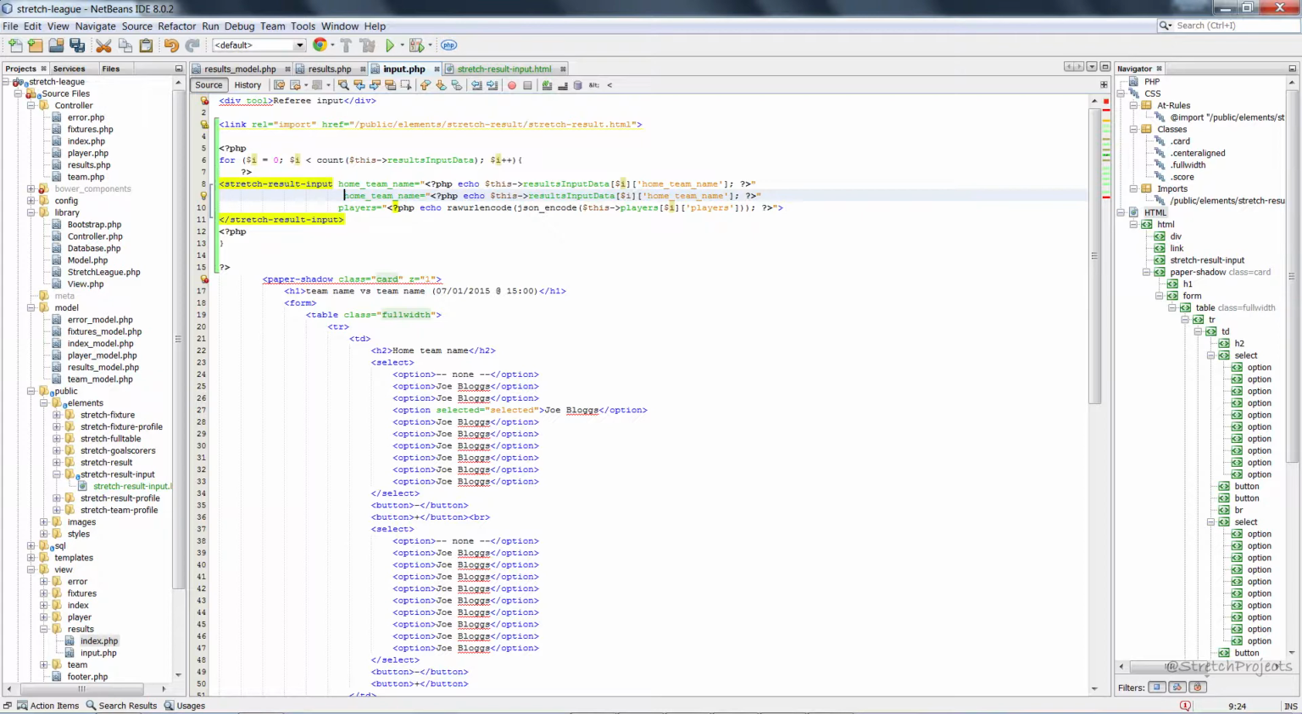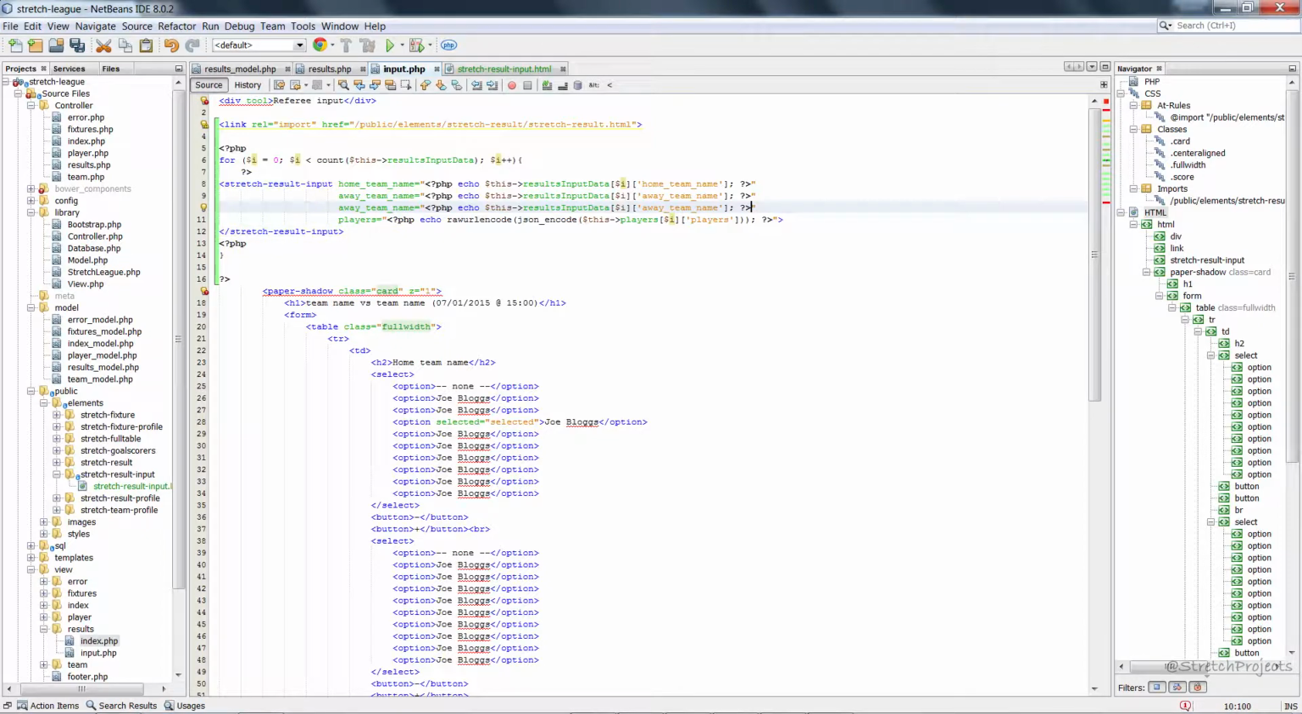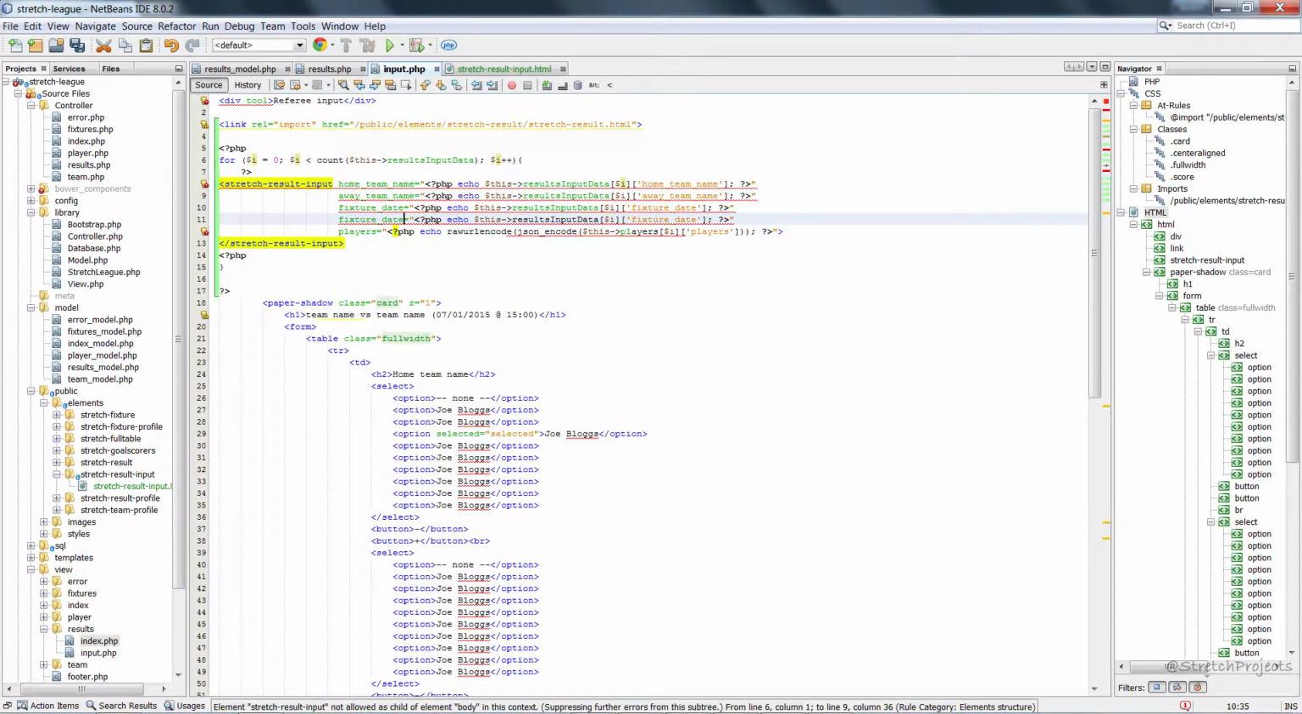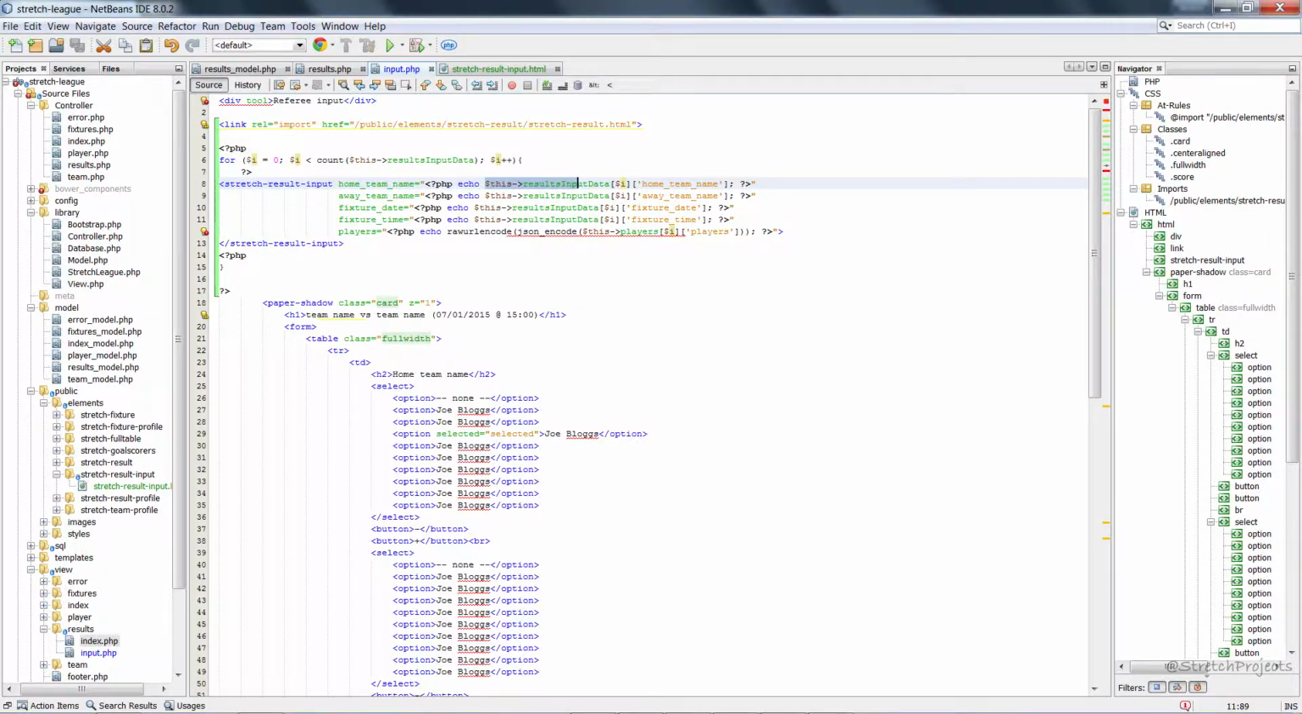And we also have an away team name, as well as our fixture date and fixture time. So now we need to actually get this information out of our database and to pass it across to our